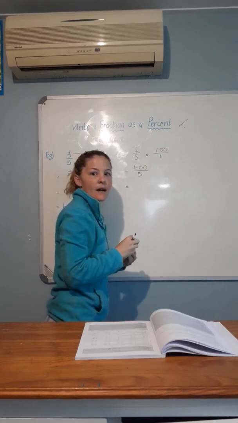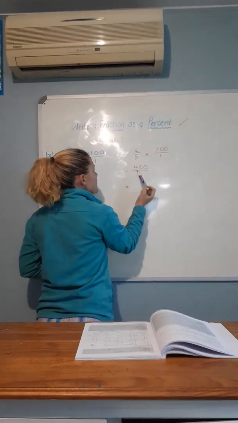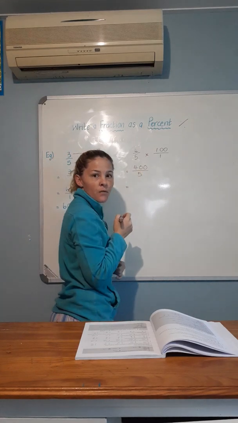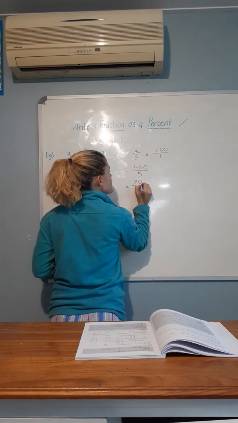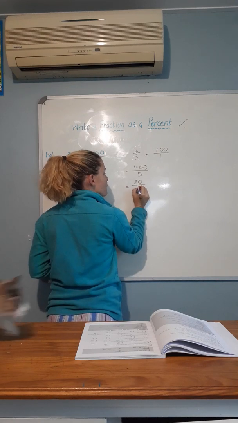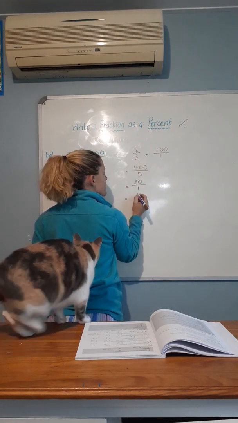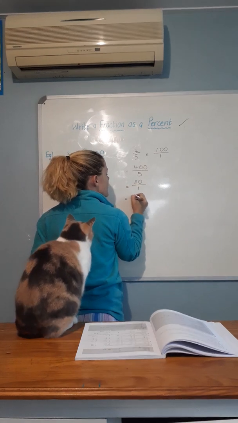Now we need to simplify our fraction, right? How many times does the number 5 fit into 400? It fits in 80 times. How many times does 5 fit into 5? It fits in once. So we know 80 over 1 is the same as